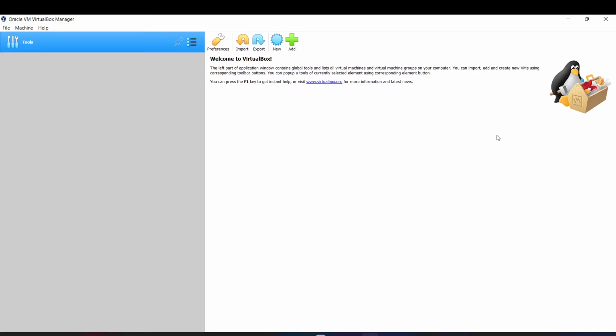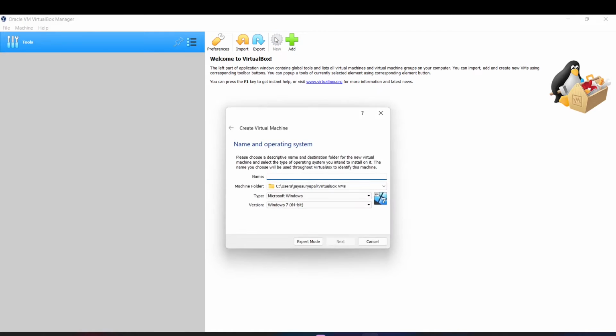First of all, by opening the VirtualBox software, we are going to click on the New button. When you click on the New button, you assign a name, Kali Linux, because you are going to install Kali Linux. So Kali Linux is the name, and now I'm going to select Debian 64, because Kali Linux is a Debian based system. Not about the bit, but it is a Debian based system.